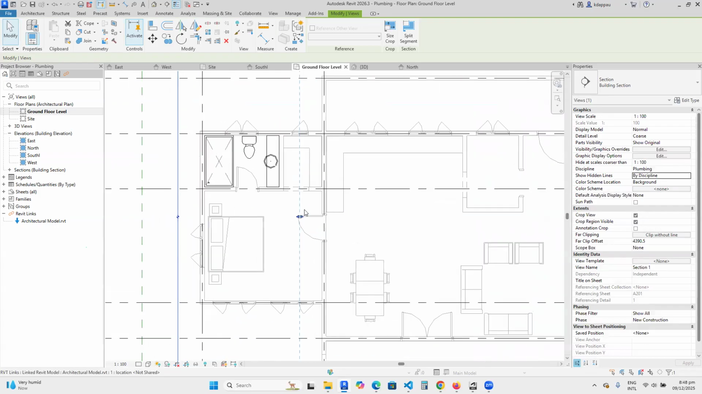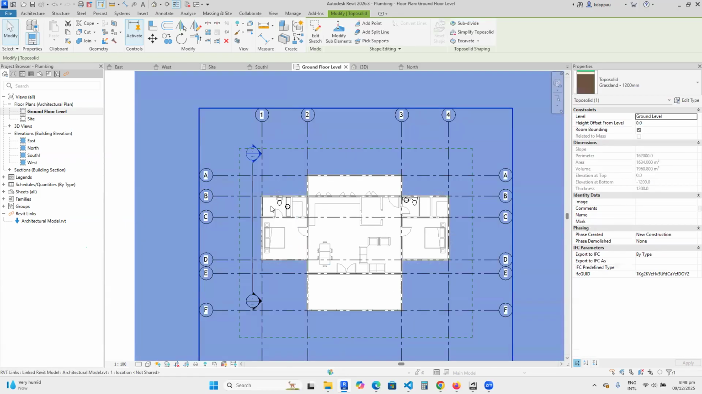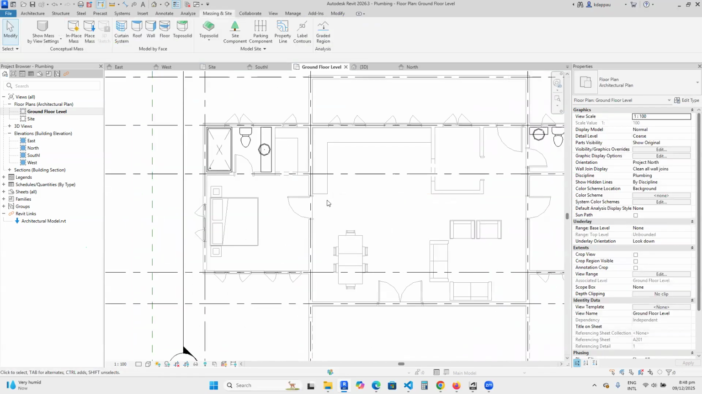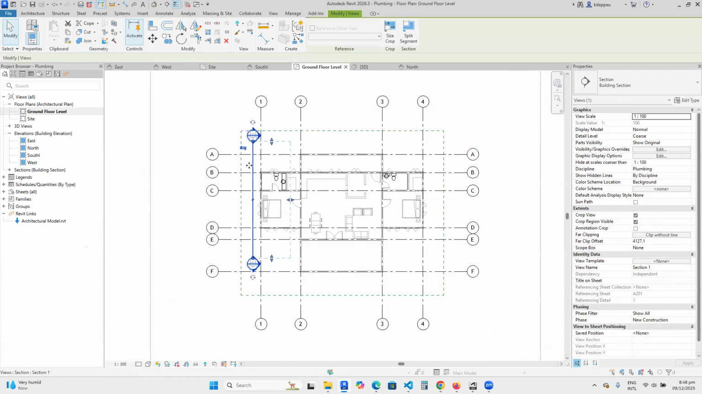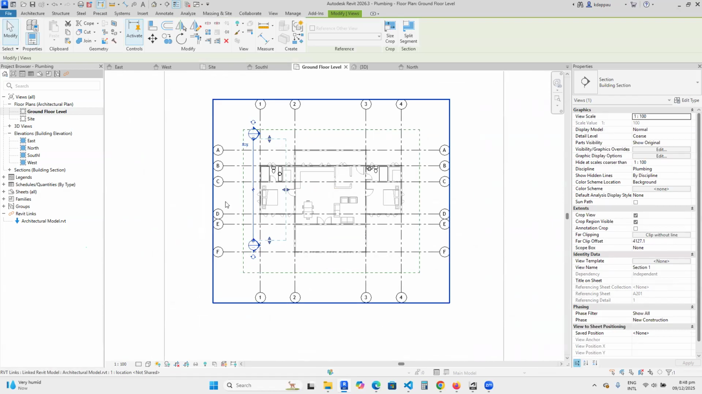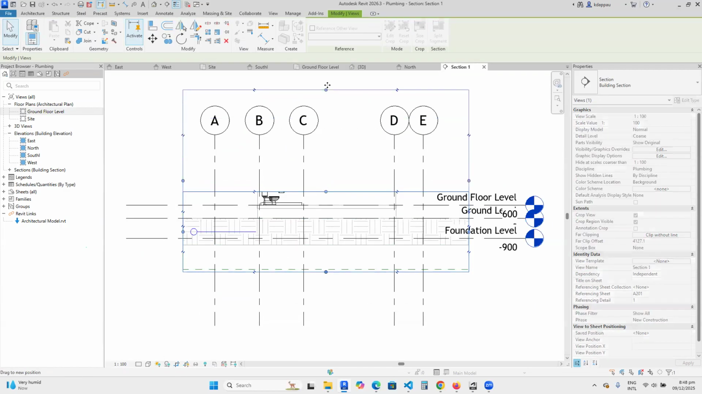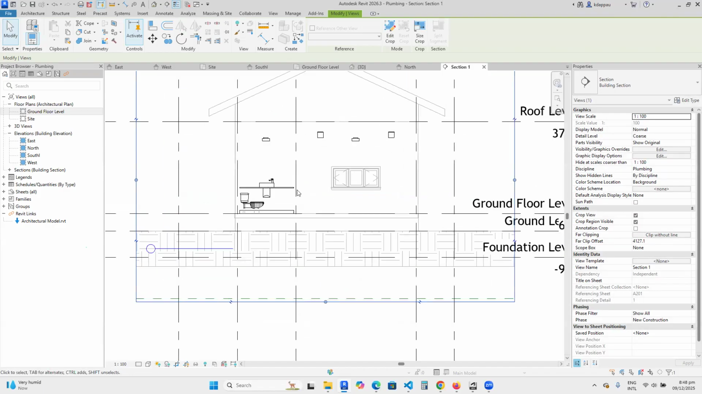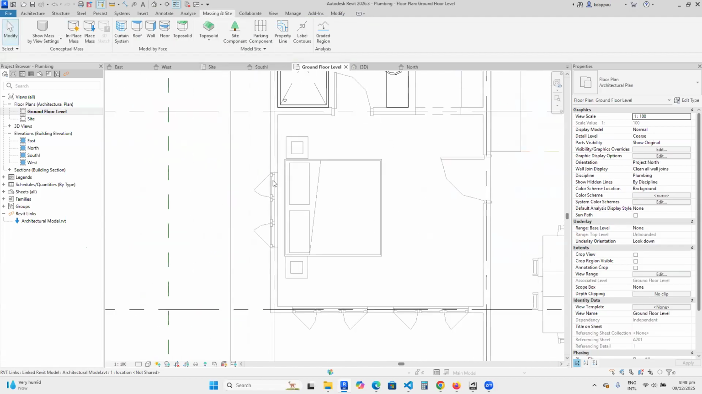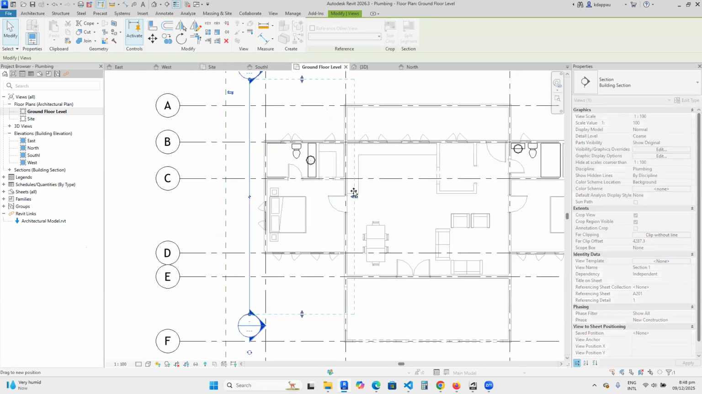So if I bring it here and I open this section, this door here will not be seen because the section starts from here and then ends here. That's the limit of the section. So if I open this section, you realize that the door will not be seen. But if I come in here and then extend it here,